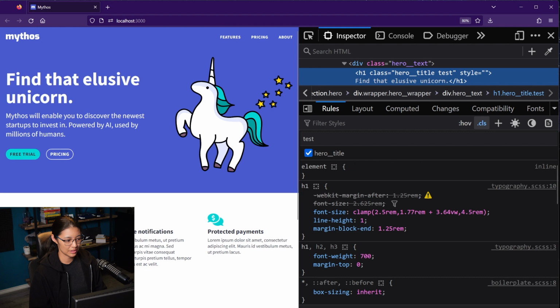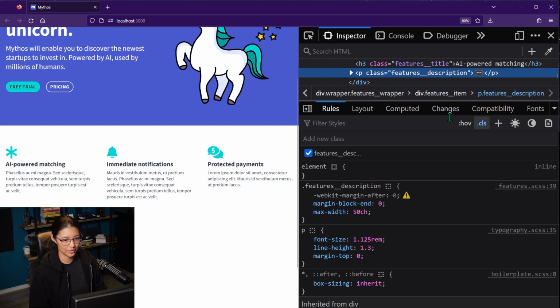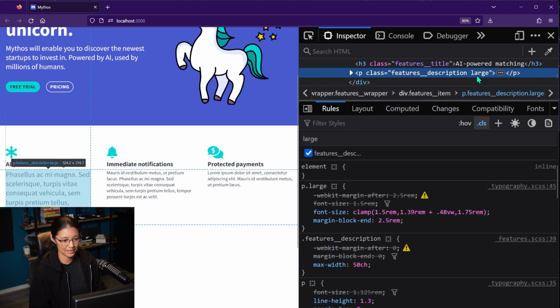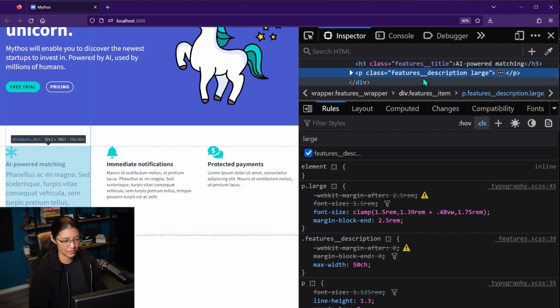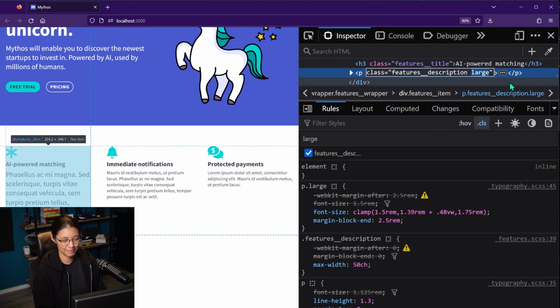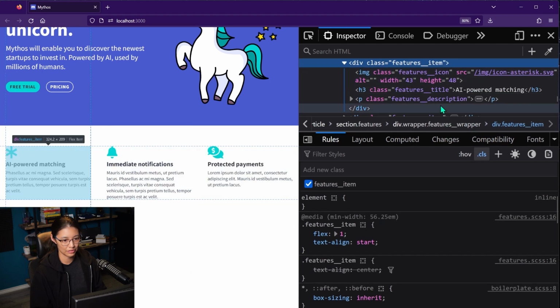So one thing you could do is, for example, for these paragraphs down here, I'm going to try adding a new class. And I have another helper class already loaded, and I'm going to say large. So now if you add the class, it's going to add the class name to the class list of the element, and it's taking effect because I had some paragraph large styles. So this is kind of an easy way to add a class. You can also do it by just double clicking up in the markup if you want to do that. So there's just multiple ways of doing different things.